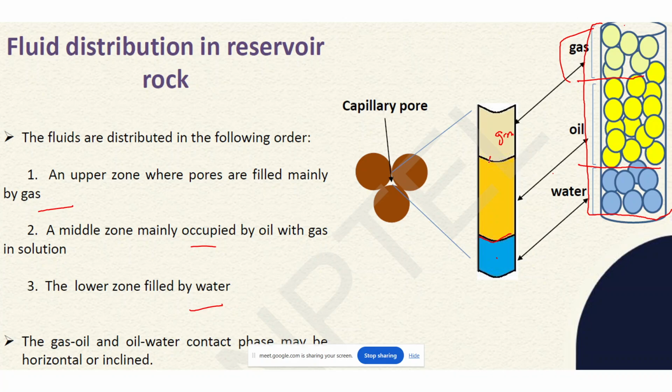There will always be a mixing of gas with oil and oil with gas at this junction, and at this junction, the mixing of oil with water and water with oil will always be happening. So we cannot say that there is some kind of boundary where they will not mix. Along with the presence of oil in here, there will be distinct mixing of gas molecules with oil and oil molecules with gas, and here also water molecules with oil and oil molecules with water will be mixing.